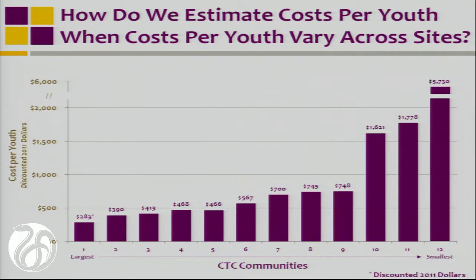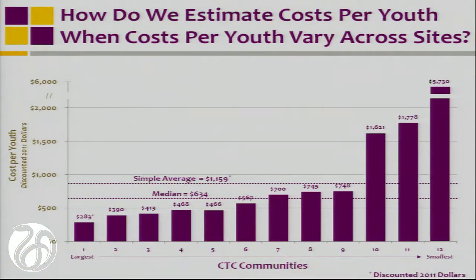And so you can see that there are significant economies of scale in implementing CTC in the communities in our sample. One way to think about why this occurs is that coordinator. We needed 1 in each community. In our largest community, those costs were spread across many fewer youth. This raises questions for how to come up with a single cost per youth estimate. We considered, actually early on, a simple average cost and then a median cost, which helps account for some of the skew in our cost distribution.